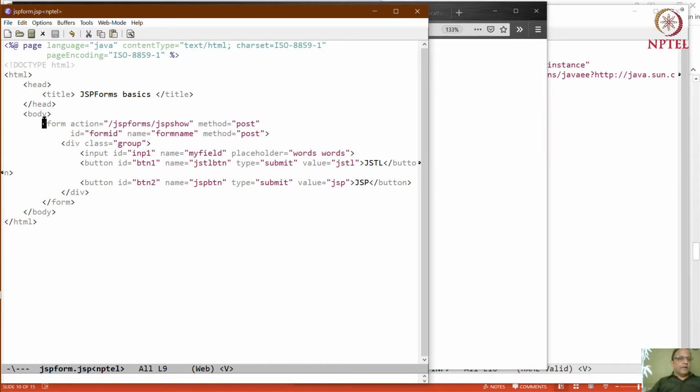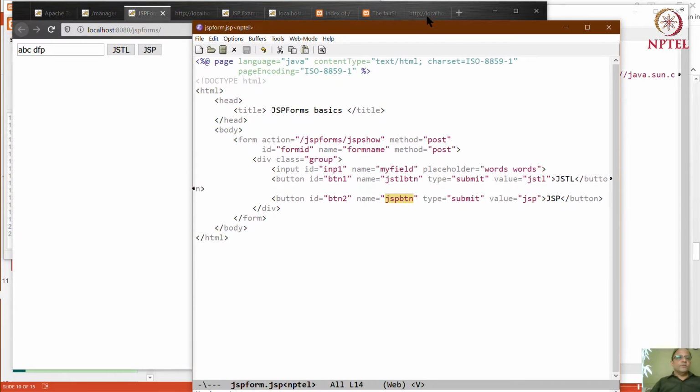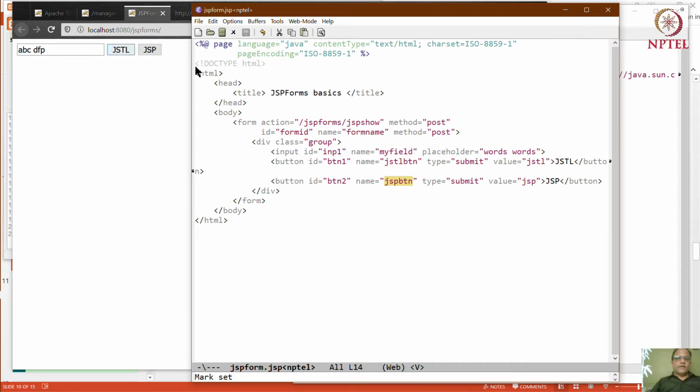Okay, let's take a look at this. So we have a form action as usual, and here we have an input ID whose name is my field, and here the name is JSTL button versus JSP button. This corresponds to the 2 buttons that we see. So this is the JSTL button, this is the JSP button. This sends the value JSTL and JSP, and this is the text that you actually see.